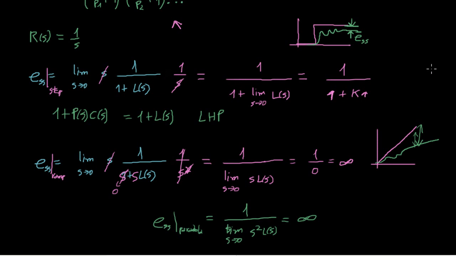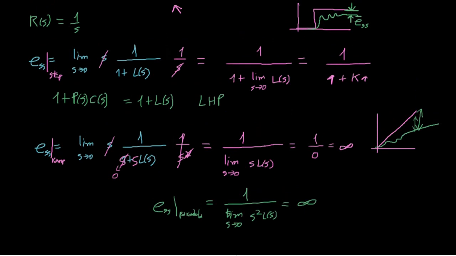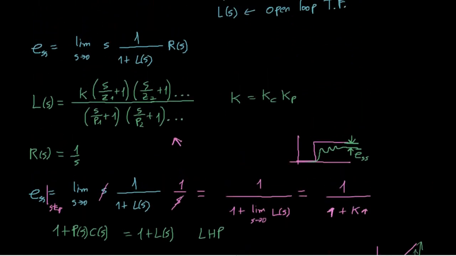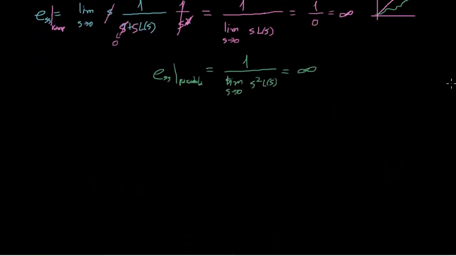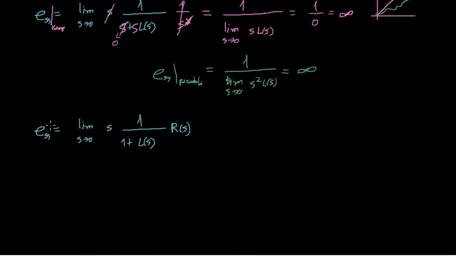Okay, so much for systems with no integrators. Let's see what happens when either C of S or P of S has an integrator. So let's assume that now we have here 1 over s. Well, in that case, the error for a step function is, well, again,